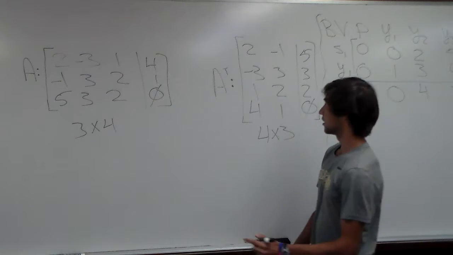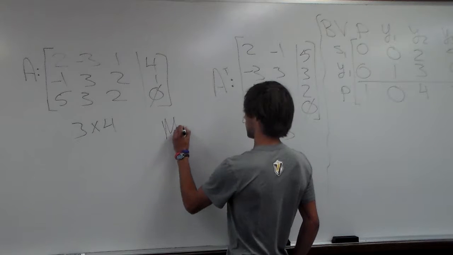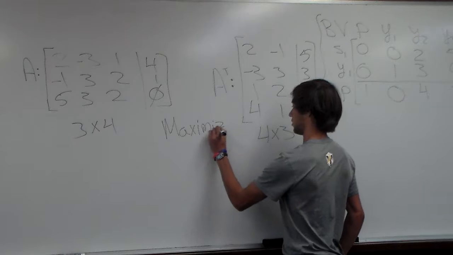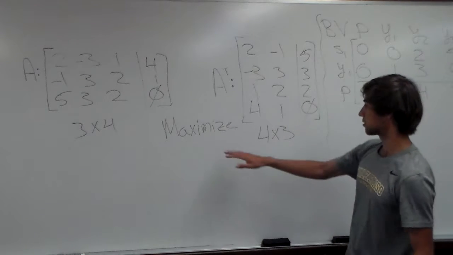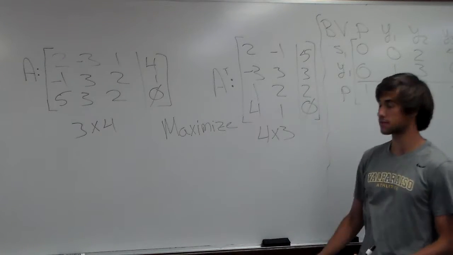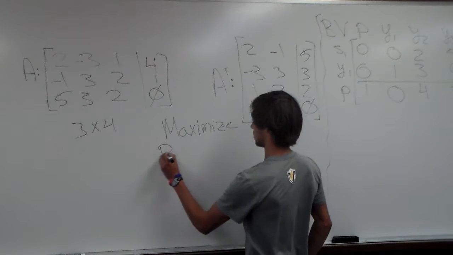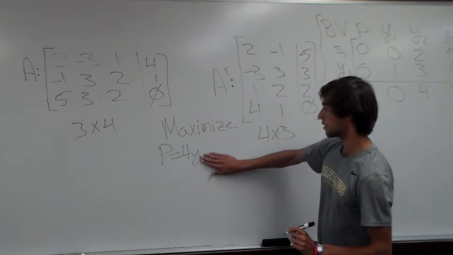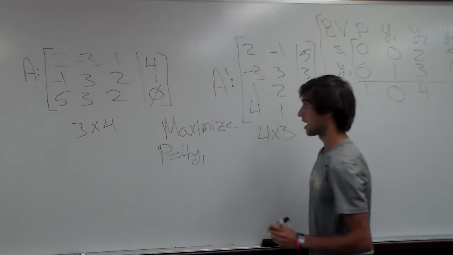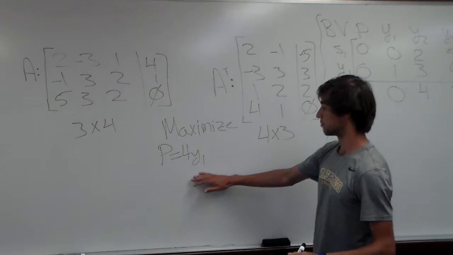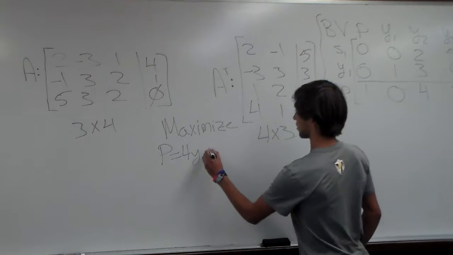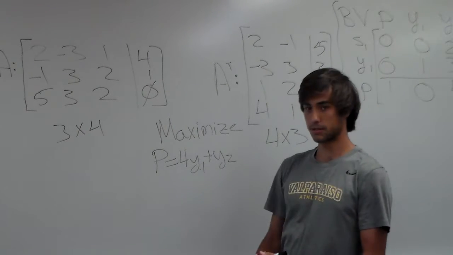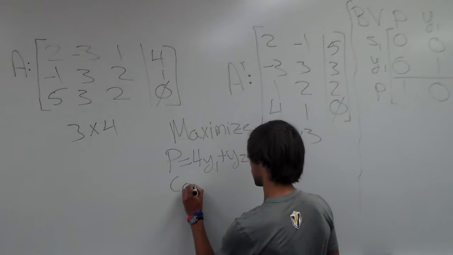So what this tells us is that we can write our maximum problem using this information. So again, for our objective function, we're going to look to the last row. So that tells us that P is going to be equal to 4, and we're going to use different variables than what we had over there, because, and we'll see this later on, our variables that we're solving for are going to be different. So we have 4y1 plus y2,